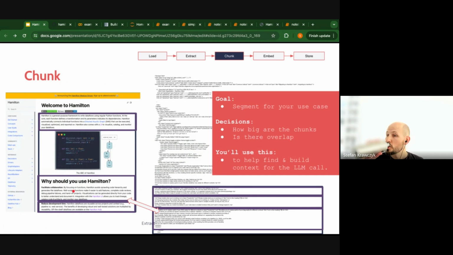Again, depending on your context and use case, you'll choose a segmentation or chunking strategy that makes sense. The decisions to make are how big these chunks are and whether these chunks have overlap. You might have some long text where it makes sense to overlap. There are various strategies there where that may or may not make sense. But otherwise,